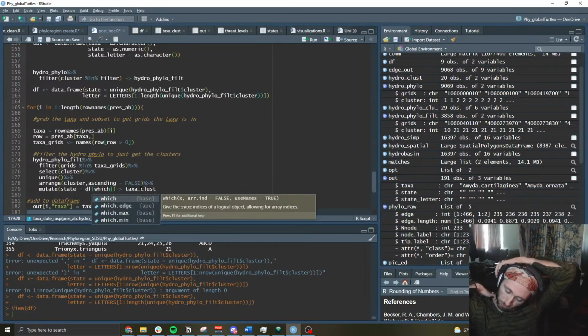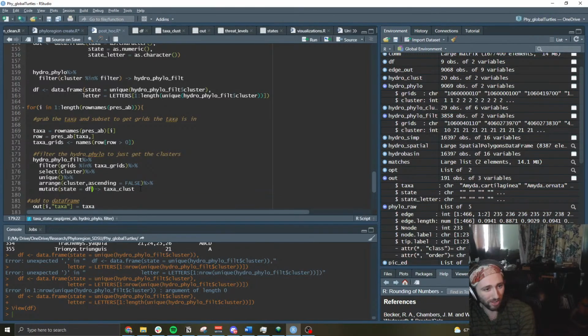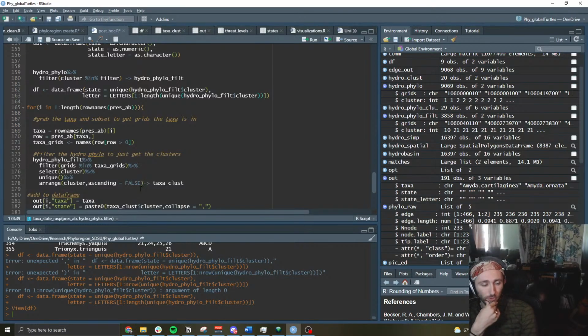Oh no, how is this gonna work? So now, this is oddly frustrating, and I'm not sure why this is so crazy to do. Like, this shouldn't be that difficult. I haven't had this much issue on a piece of code before. So we're arranging it by cluster, and then